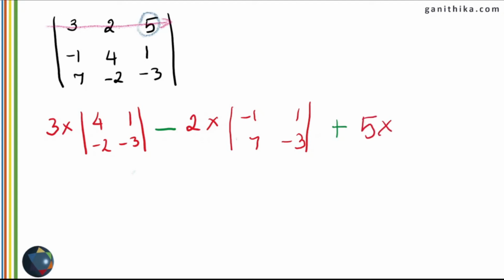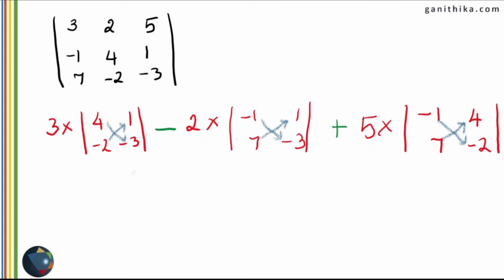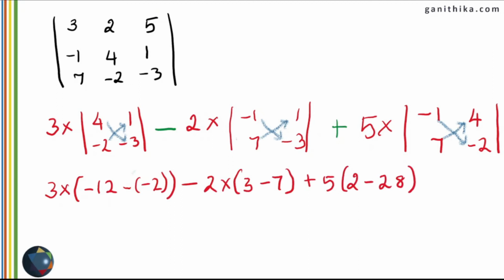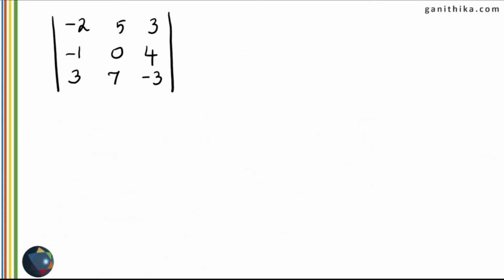the numbers in the same way, which is you need to remove the column and the row that 5 is in, and the remaining 4 numbers should be used as a determinant in the same order as given in the question. And you know how to find the determinants of these 3 determinants because they are 2 by 2 determinants, and we just saw how to find the determinants of a 2 by 2 matrix. Now expanding the determinants and simplifying further, you will get the value of this determinant to be equal to minus 152. Let's see one more example.